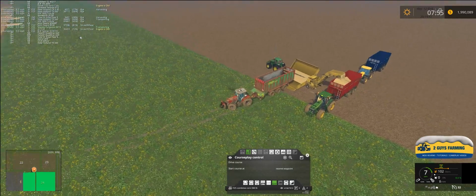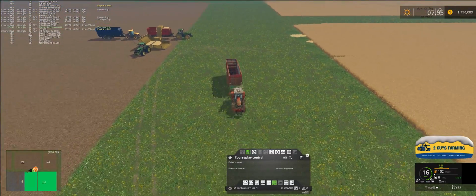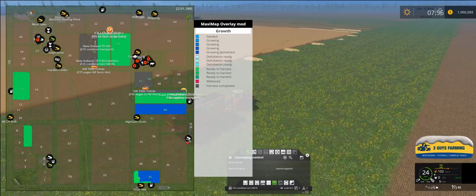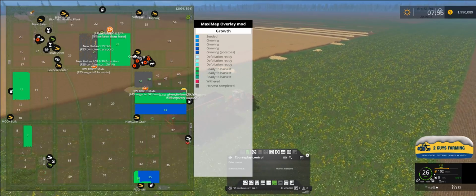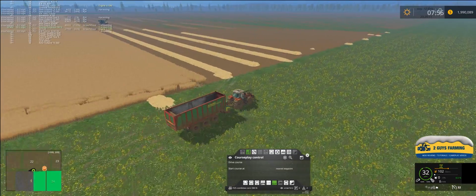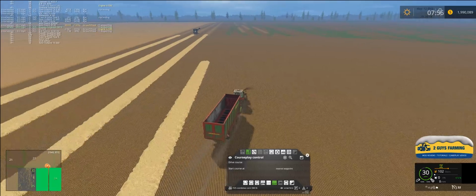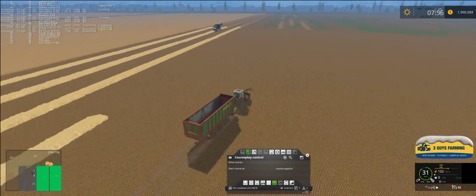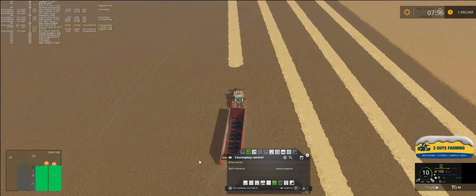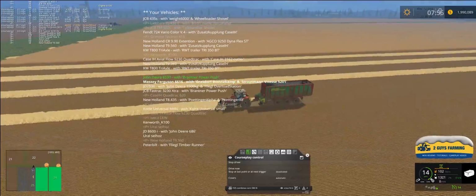So hopefully we can keep the equipment central to those areas, as opposed to just buying up fields all over the map. So I think that's going to be our strategy. I was looking at 49, 48, 47, 60, 46. It's almost like all of those could be combined into one field. I definitely feel like this guy's gaining ground on us, though. I need to try and keep the waiting down to an absolute minimum. I did consider having 2 of these going, picking up, but I think that would just be a little too...